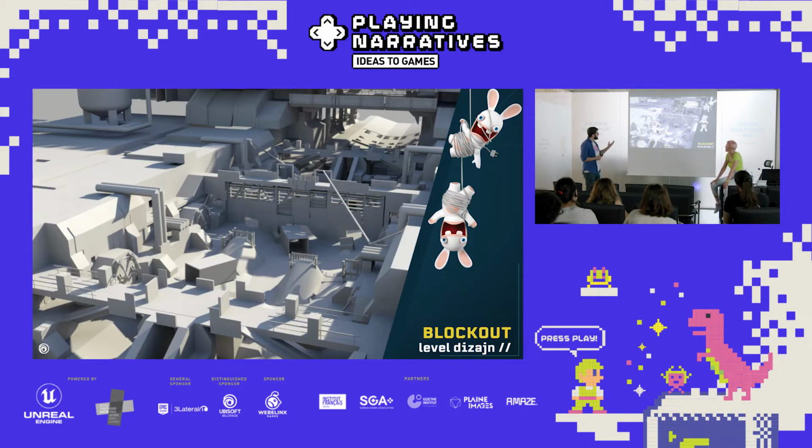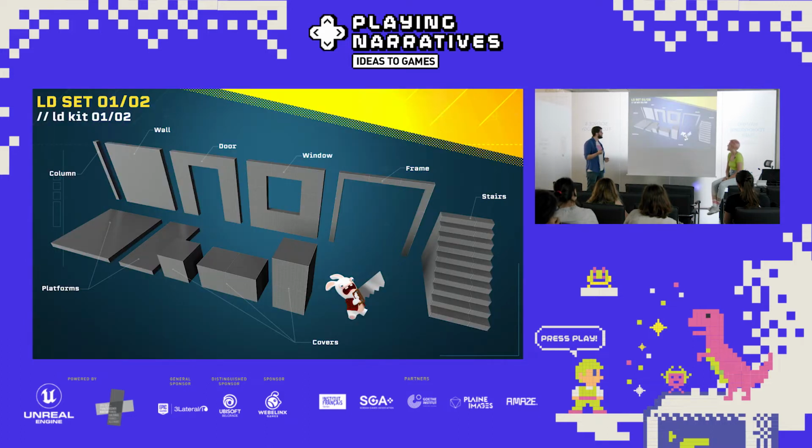And once we're happy with the layout and what we have, we can move to a blockout. This is a blockout of one map, and it uses rough shapes and line of sight breakers that help you guide the player through your level. You always want to guide the player through your level. You don't ever want them to feel lost at any point.